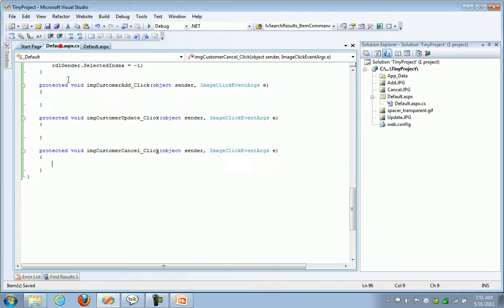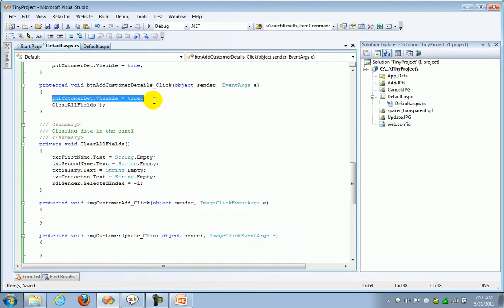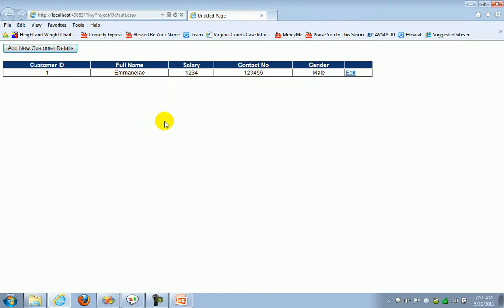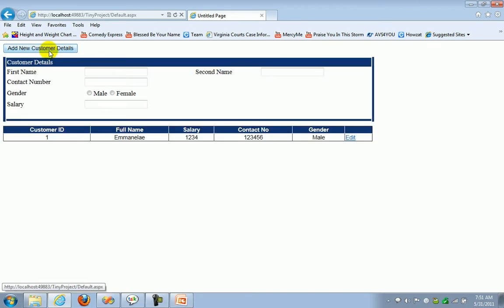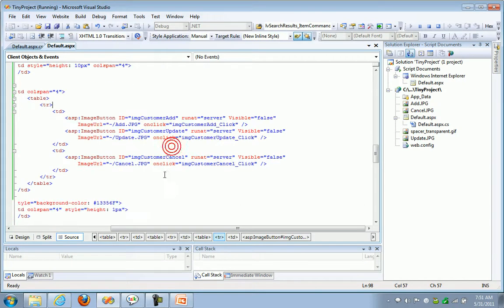So I got 3 events here. When I click on the cancel, what I told, I need to close the panel. So let's put false, and let's run our program here. So the panel was closed, and when I click on add new customer details, the cancel button should appear here. So let's see why it's not appearing. So it says visible false here,